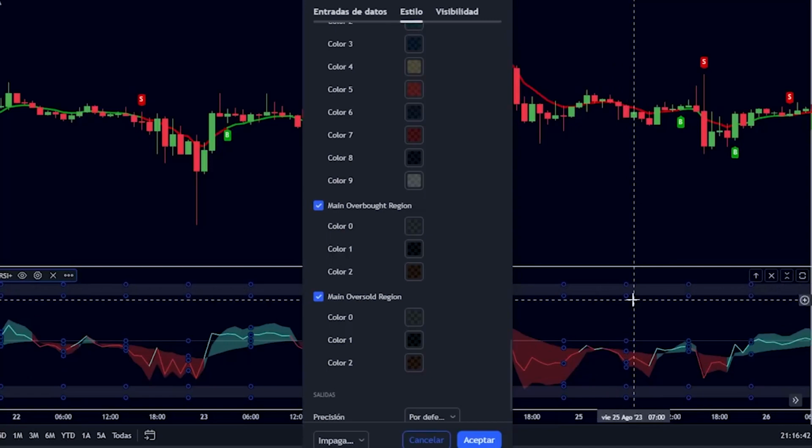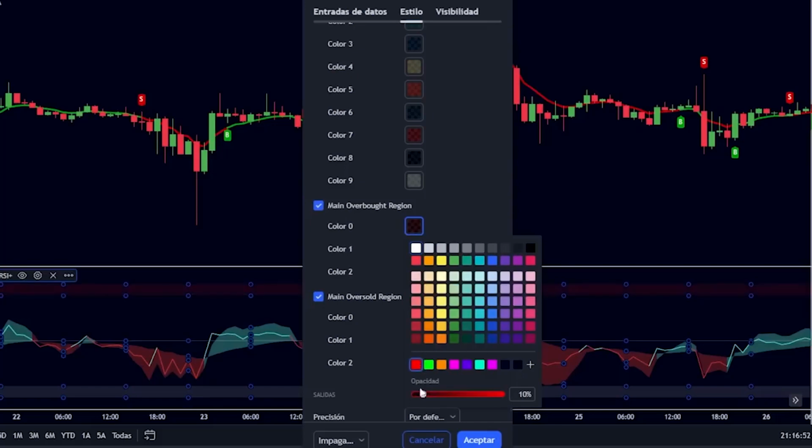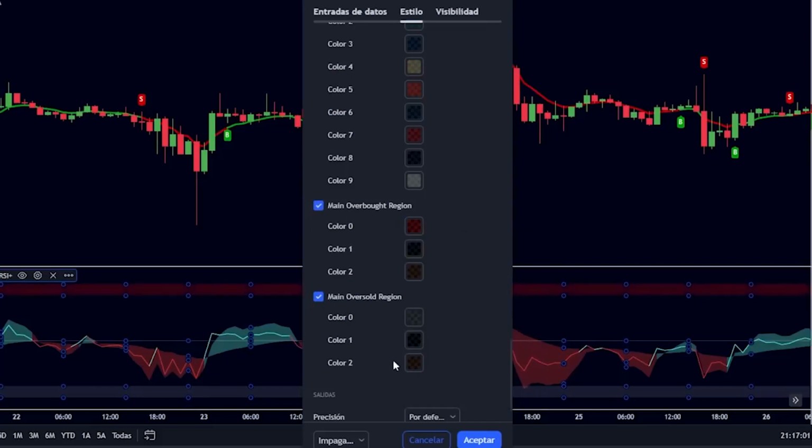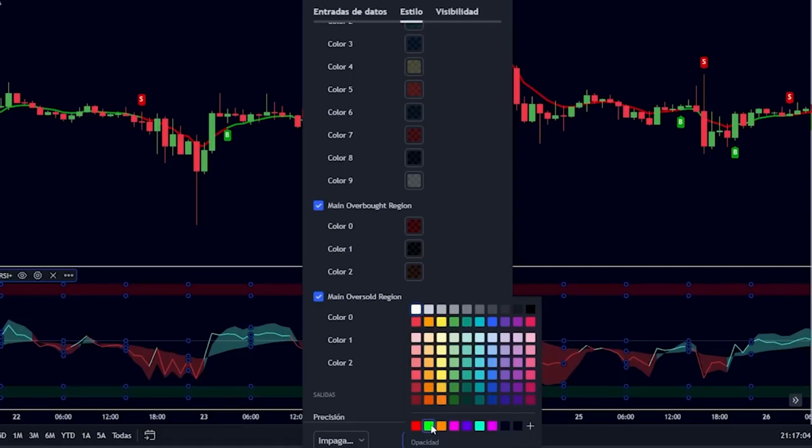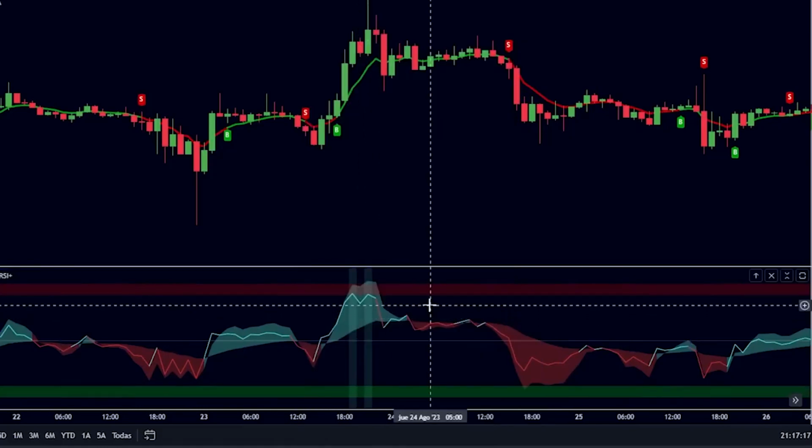to change the overbought and oversold zones from gray and put each one in the opposite color. That is to say, the overbought zone, I will put it in red color, for example with an opacity of 20, and the oversold zone, I will put it in green color, because this way I directly know that in